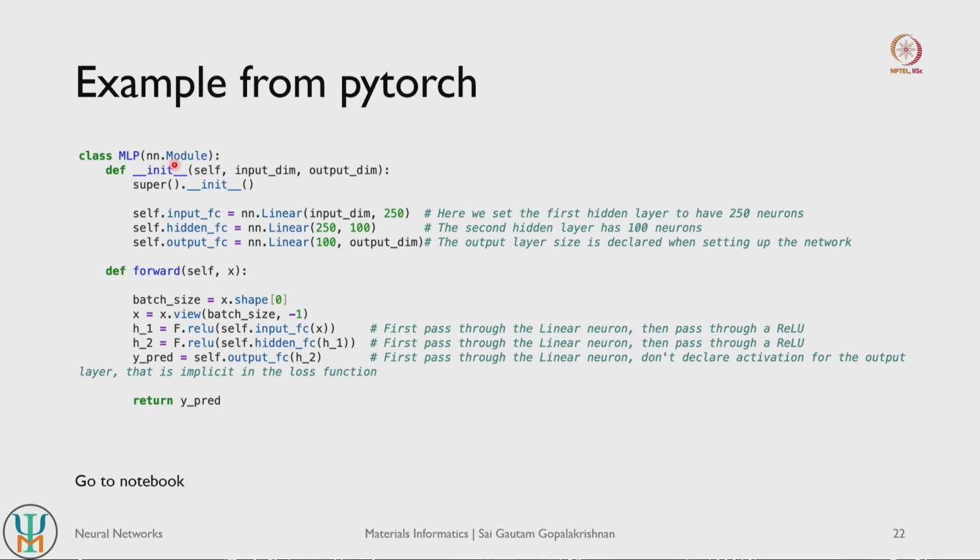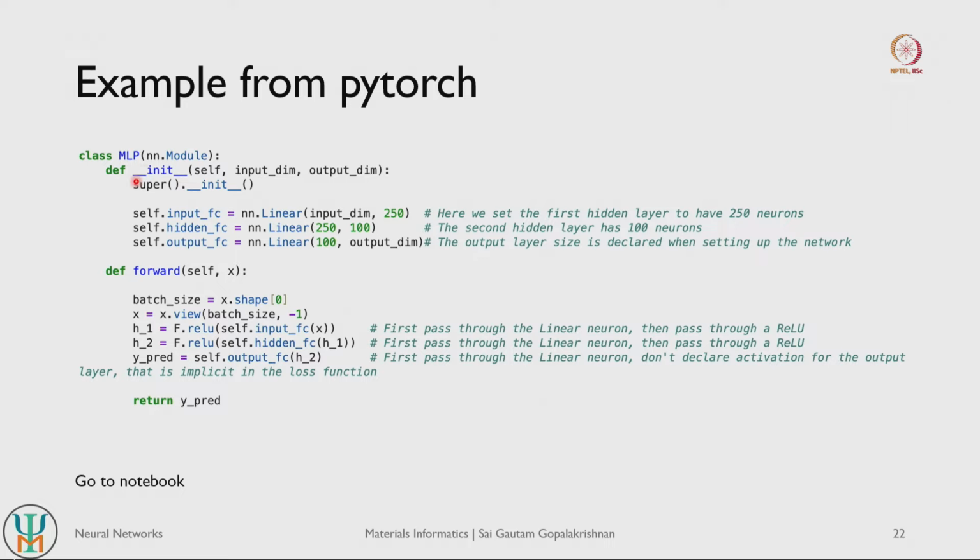So very simply the way the code will look is, if you look at your class definition here, you will define a class. This can be an MLP, ANN, however you want to call it. And the super function basically allows it to inherit all the properties, so all the attributes and functions from this neural network module. So NN stands for neural network, module stands for that module within your neural network package, right. So this is inbuilt into PyTorch itself. PyTorch has a module called NN, and from NN you import this module here. So you inherit all the properties.